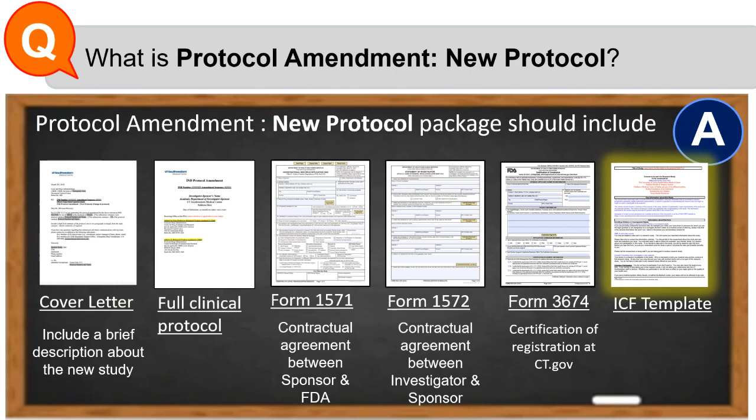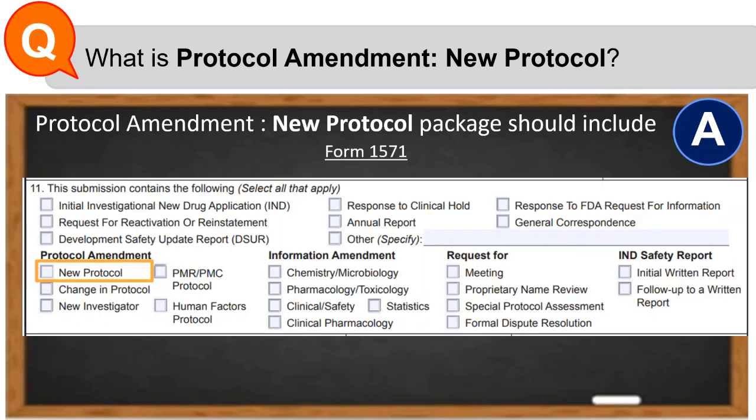These 6 documents are the ones that need to be included in this package. I just also wanted to quickly show this section within Form 1571 that is utilized to indicate protocol amendment, new protocol, while including in this package.